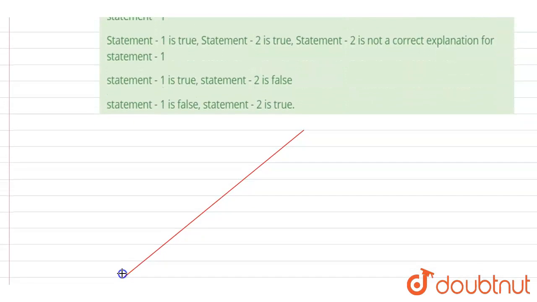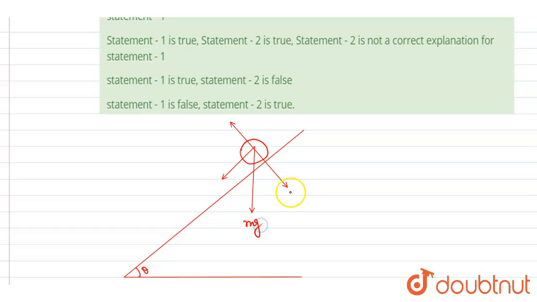If you see, let's say this is the inclined plane, and in both the cases, let's say this is a spherical body. Here mg is acting in downward direction. So the mg will have two components, one along the incline, another one perpendicular to the incline: mg cos theta and mg sin theta. N is the normal reaction. So if I write down the limiting friction here, it is mu times of N, and N